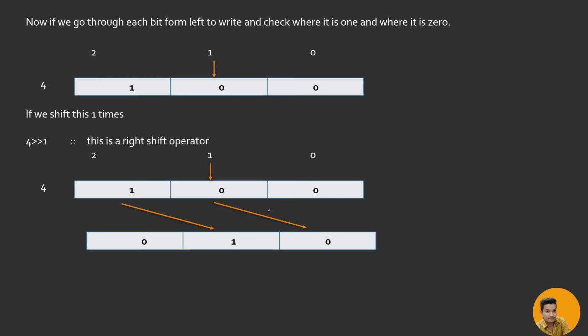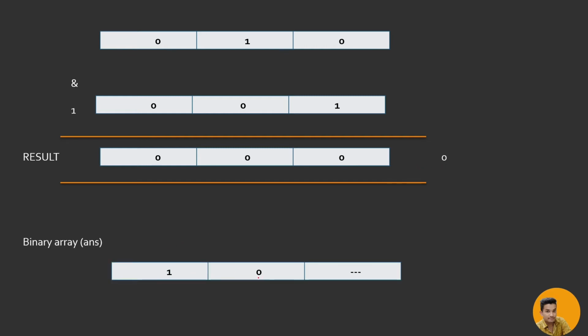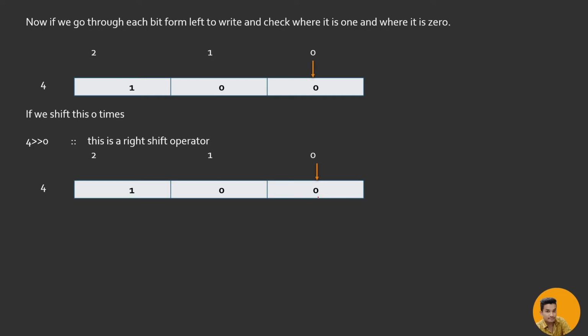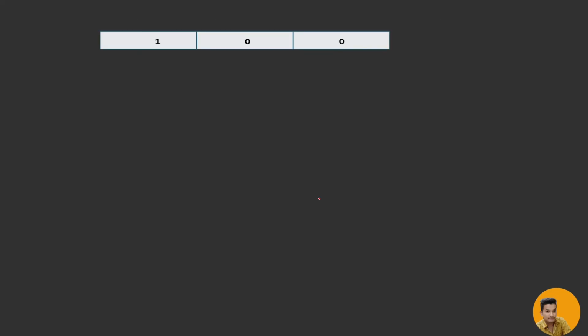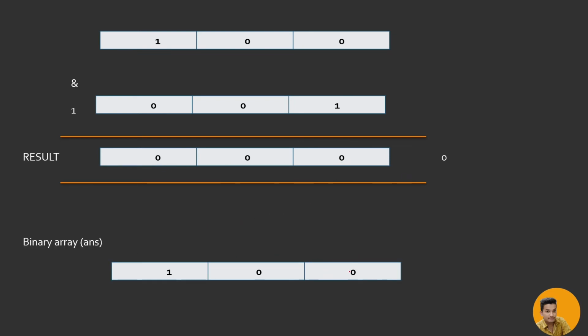Now this is at the extreme right, we will perform an AND operation with 1, and we'll see this is off, right? 0 AND 1 will be 0. So 0 we will fill in our binary answer array. Now again the same procedure, but this time we will be here, and that means we need to shift it 0 times. So no shifting will be done. This is already at the extreme right. We'll perform the AND and fill this in. This will be 0, right? This will be 0. So we'll fill in this answer array.